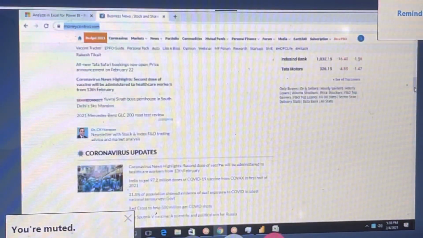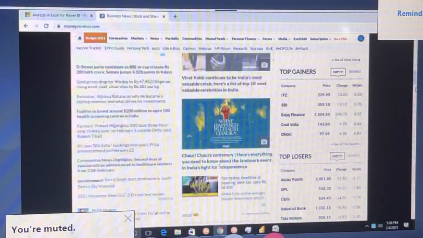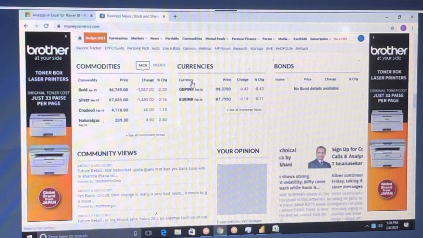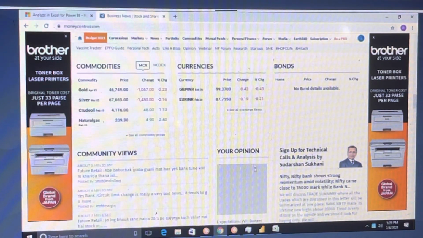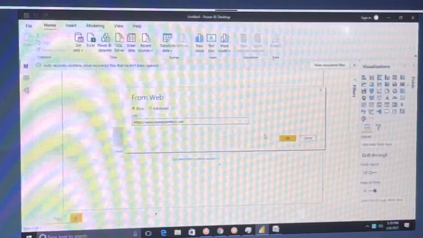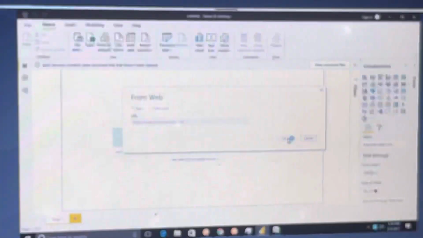Okay. For example, let's say where you can understand. See, in currencies we have only two rows, right? You can see the same thing. Once you click on here, paste that URL, click OK.